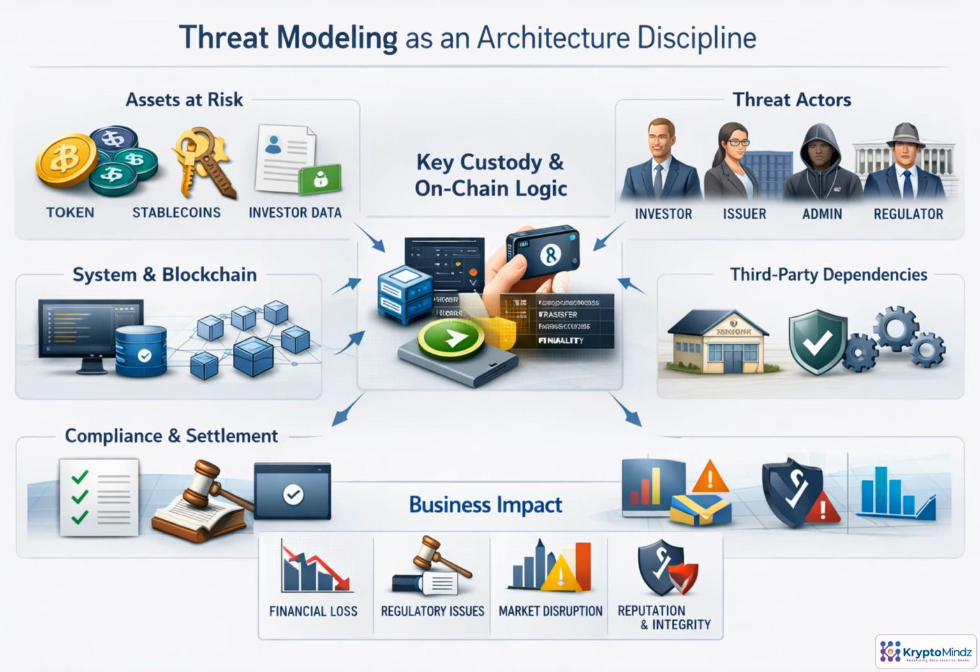Threat modeling belongs inside architecture, not at the end as a security review. Start by naming what can be harmed: tokens, keys, data, decisions, and settlement authority. Then map how value and control move across contracts: APIs, wallets, cloud services, custodians, and operations. For each actor, including insiders and vendors, ask what could go wrong. Rank risks by business impact and record assumptions and controls in architecture decision records.